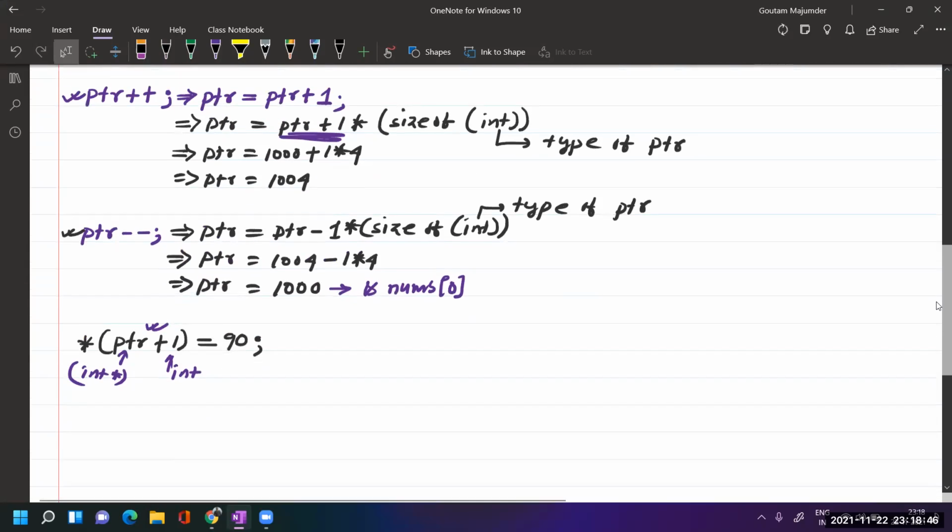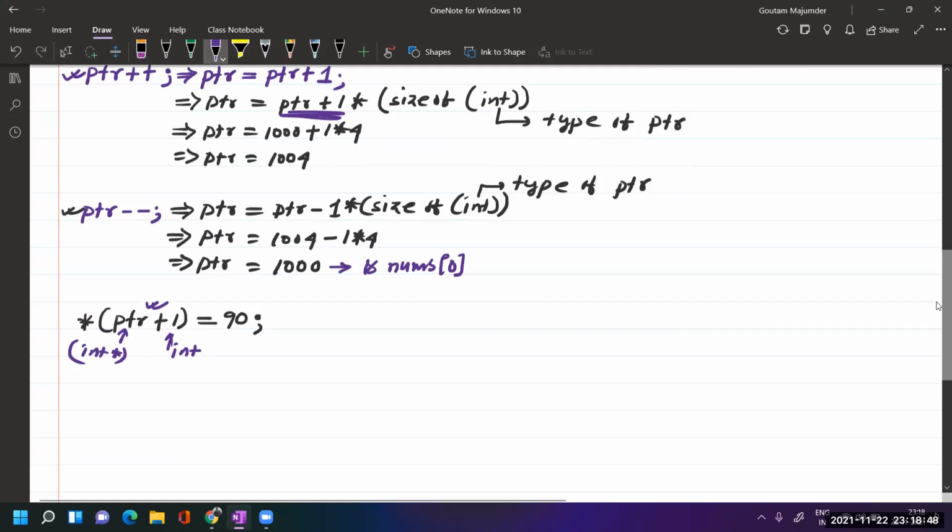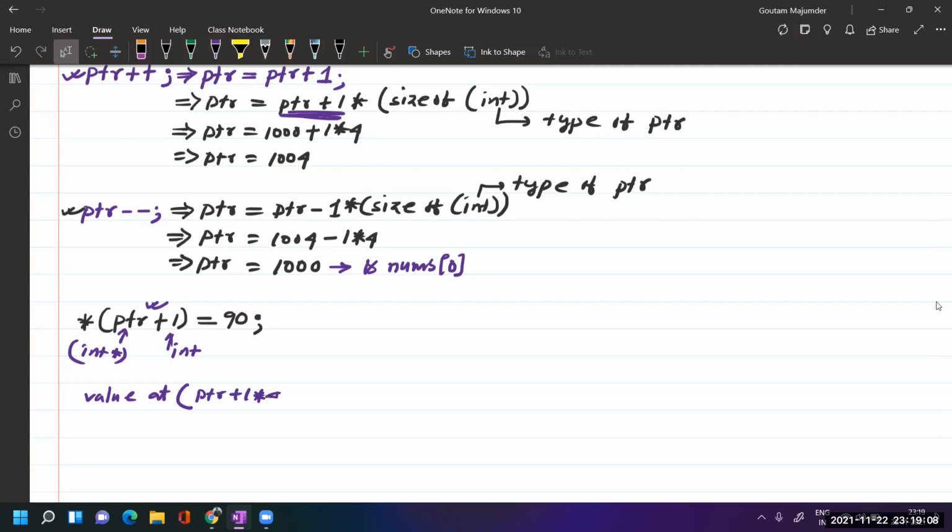So now what I have written, see, you can read this expression like this. I'm writing it here. Value at address. So which address? ptr plus 1 means actually ptr plus 1 multiplied by 4, correct? 90. So let's get the address here. Again, value at ptr.